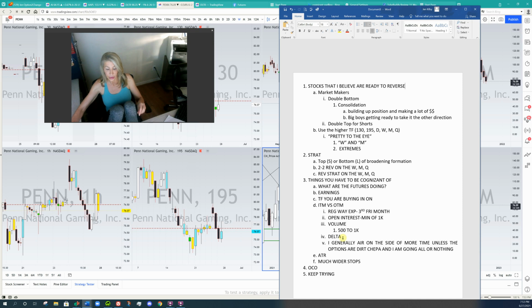And if I'm doing a very short trade, let's say it's a weekly option, I'm going to buy for sure a much higher delta. I don't want to have to worry about being exactly right on time and magnitude when I've got theta decay going against me. It's rare that I'll use the underpriced options. There are times I'll do it, but in general, I err on the side of more time. So 2 weeks to a month, depending on the chart. There might be some that I take out longer,